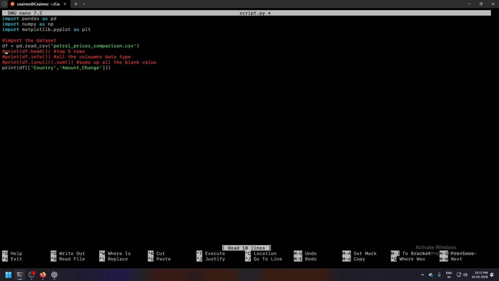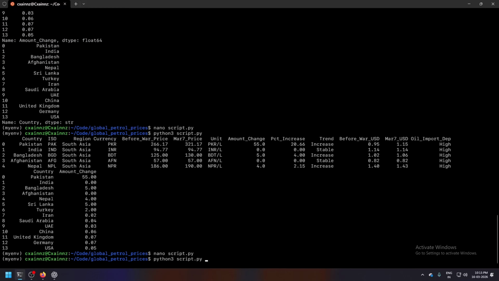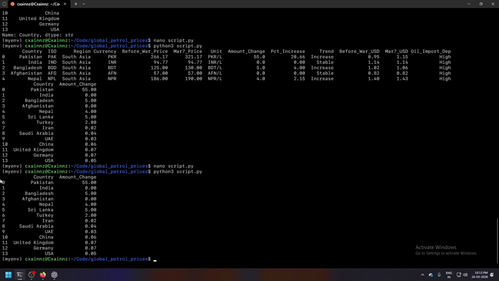Let me comment this out. In Python, if I put a hashtag in front of the line, it takes it as a comment, so it won't matter. Now you can see there are country names and the amount change.